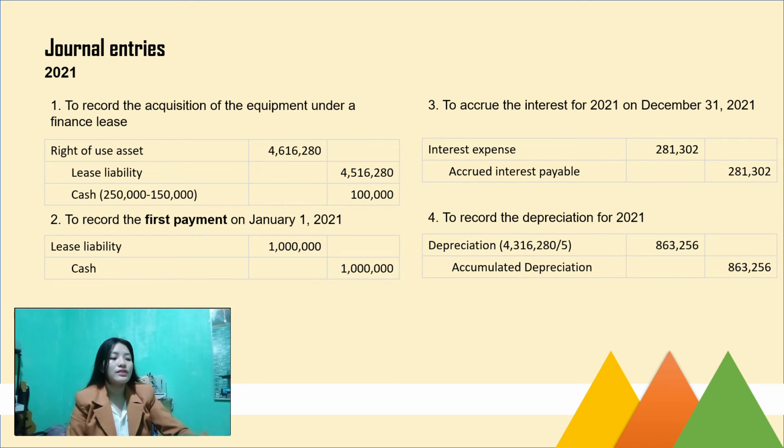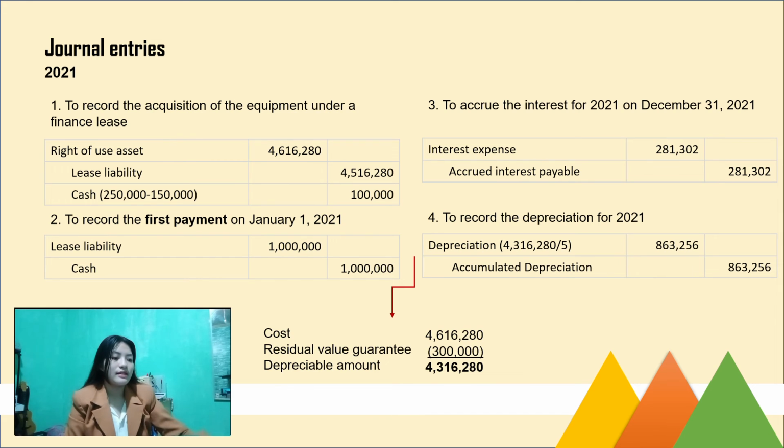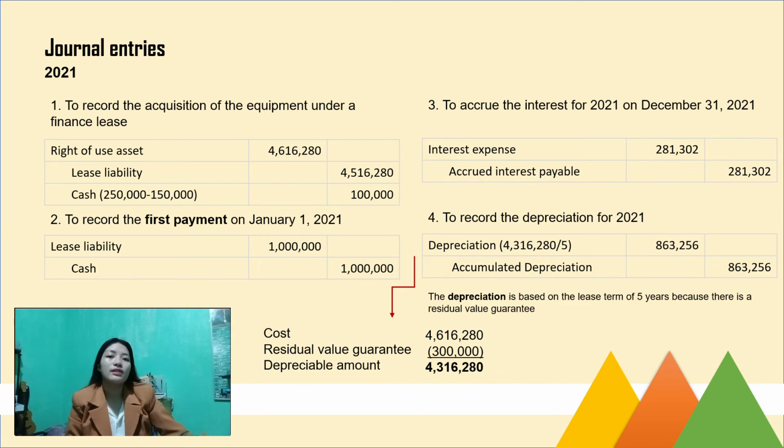So, yung 5, ito yung lease term. So, bakit lease term? Kung naalala nyo doon sa discussion natin nung previous slides, kapag gagamitin natin ang useful life years ng depreciation, kapag lang na-meet niya yung dalawang condition, which is the transfer of ownership, at saka kapag certain yung lessee na mag-exercise siya ng purchase option. Pero dito, since may residual value guarantee, ibig sabihin lang, hindi sure na magkakaroon ng transfer of ownership or hindi magkakaroon ng exercise of purchase option. That is why, di ba kapag hindi yun na-meet, ang kailangan natin gamitin ay useful life or the lease term,